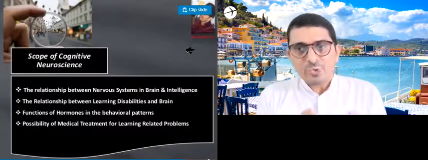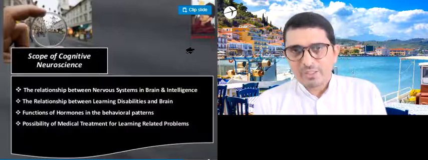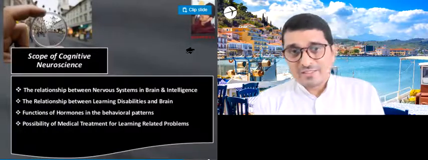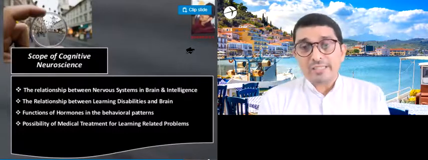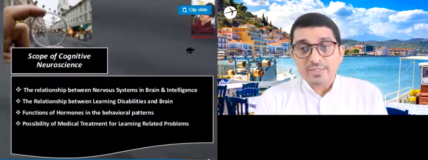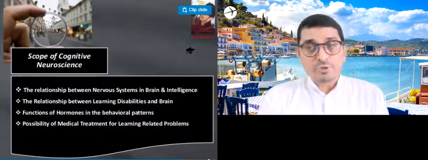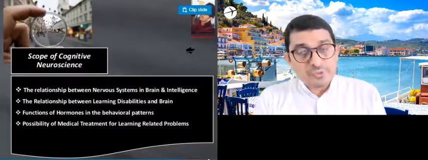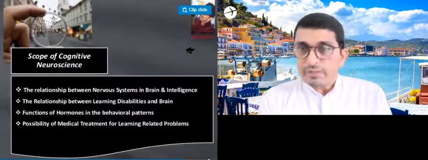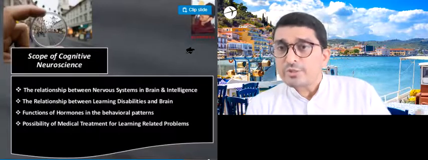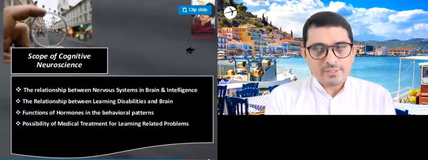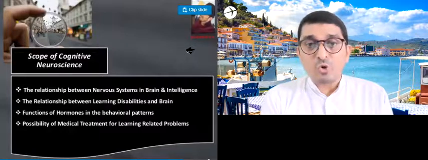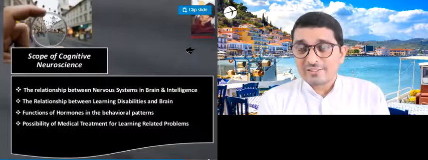If you are able to find out whether there is any relationship between brain and learning disabilities, if you are able to find out that the learning disabilities of some students are because of some damage in the brain or because of some lack of hormones in the brain, then you can help such students overcome such learning disabilities by giving some medical treatment, some medicines. It's a scope. Then functions of hormones in the behavior patterns, as I told,